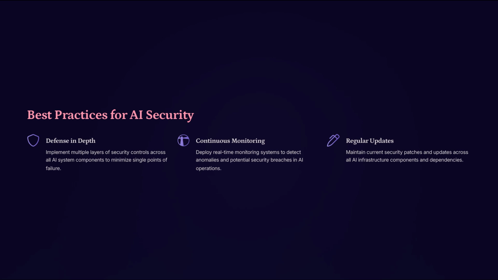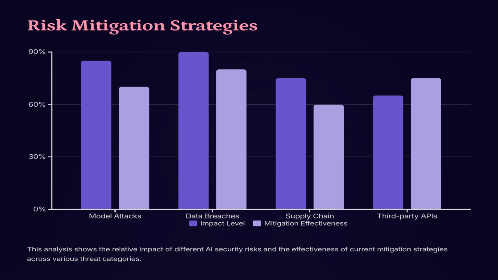Additionally, keeping our security patches and updates up to date is vital. This practice ensures that all infrastructure components and dependencies remain secure against emerging threats. With these best practices, we can strengthen our defenses. Next, we'll delve into effective risk mitigation strategies, focusing on areas such as model attacks, data breaches, and third-party APIs. Stay tuned. Building on our previous discussion about best practices for AI security, let's delve into the critical topic of